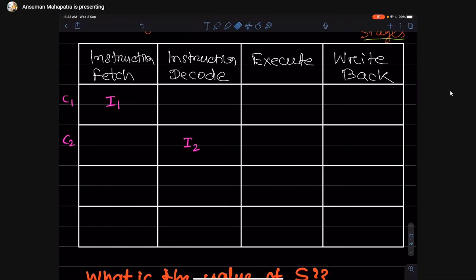Sorry, this is your instruction 1. It moved to the instruction decode phase. Now the instruction fetch unit is empty, so it can fetch the second instruction. Understood? Now in cycle number 3, instruction 1 will move to